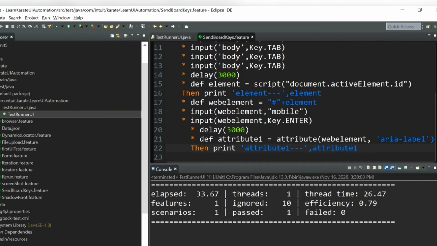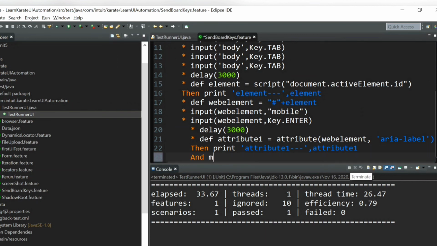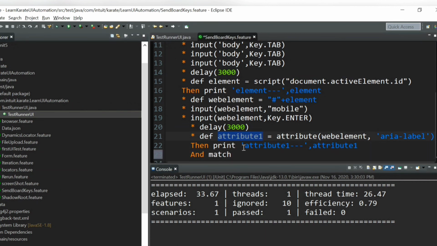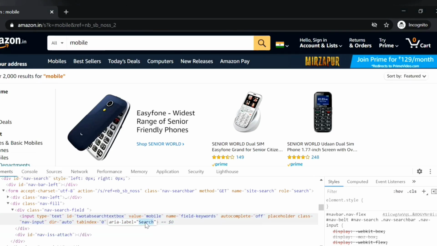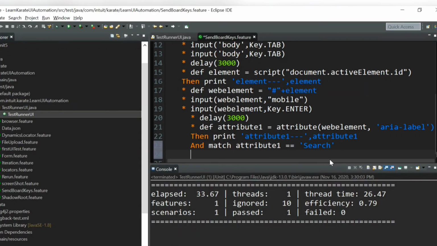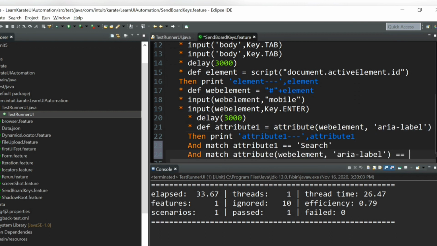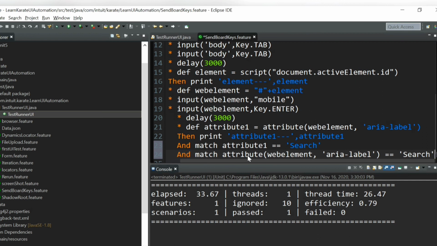And also, if you want to assert the attribute value of a particular web element, this should be search, right? So we can give and match attribute 1 equal to this search, or you don't have to declare it in a different variable and you don't need to match it. You can directly give it in a single line as well. How to do and match, and directly you can give this line over here and equal to this search.